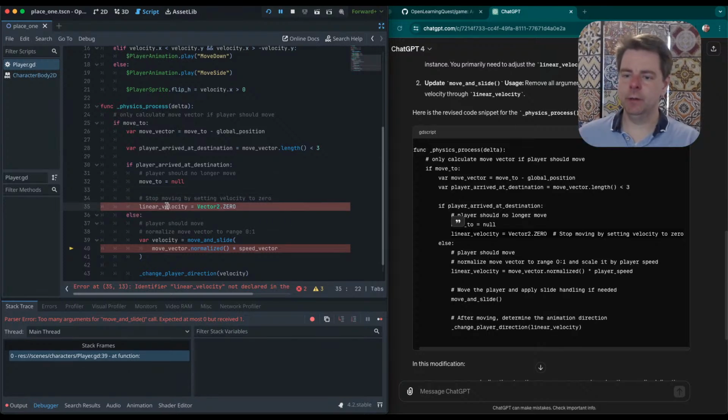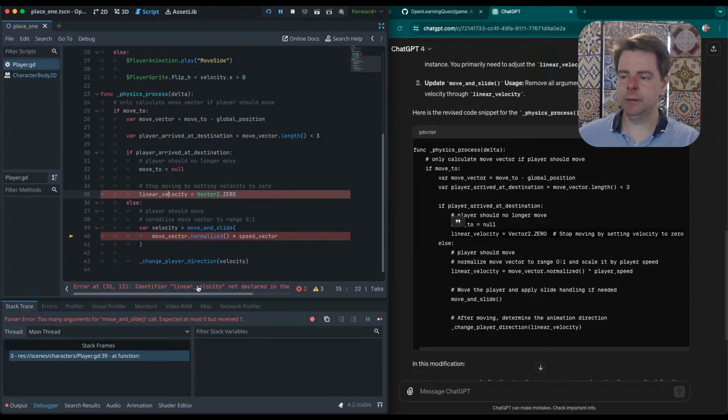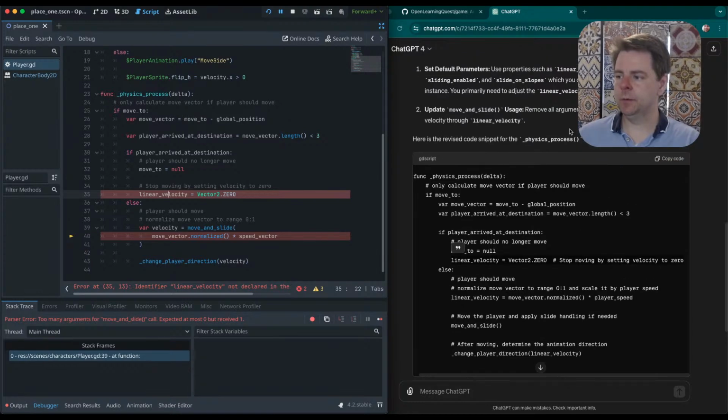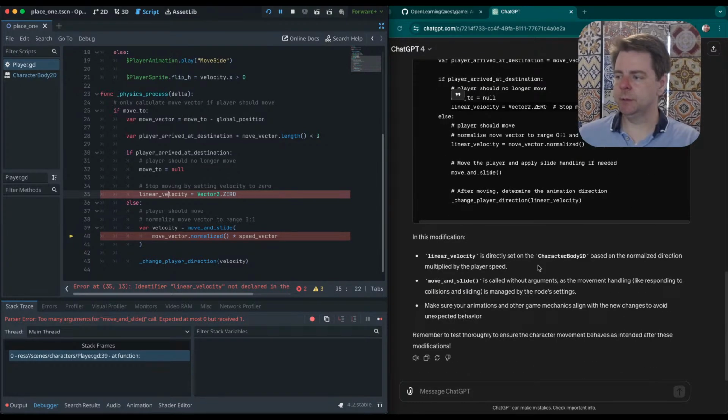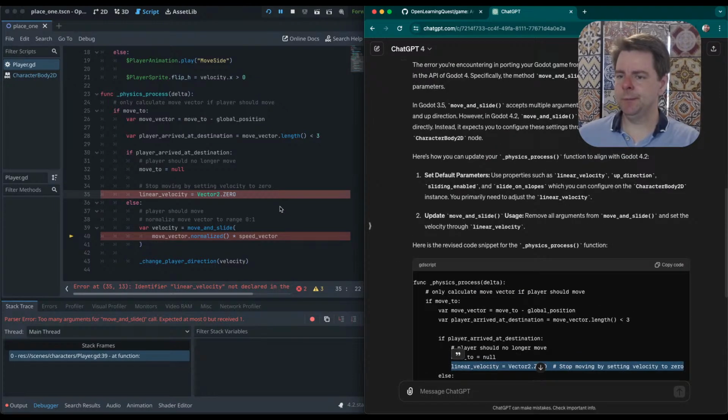And we have some red text here. What does that mean? Identifier linear velocity is not declared in the current scope. Okay, that makes sense. It did mention linear velocity is directly set on the CharacterBody2D based on the normalized direction of